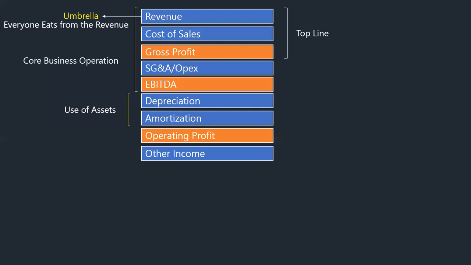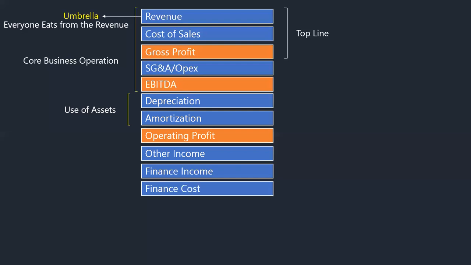You can decide to be doing any other activity that you want as a business. Finance income: company A could decide to be investing some of their money and be having a lot of finance income, while the other company might not. It is their management decision. Finance cost: company A could decide to make use of more loans, while the other company decides not to. It is their own management decision. So that should not form the basis when we want to do comparison. So EBITDA is the clean comparison.